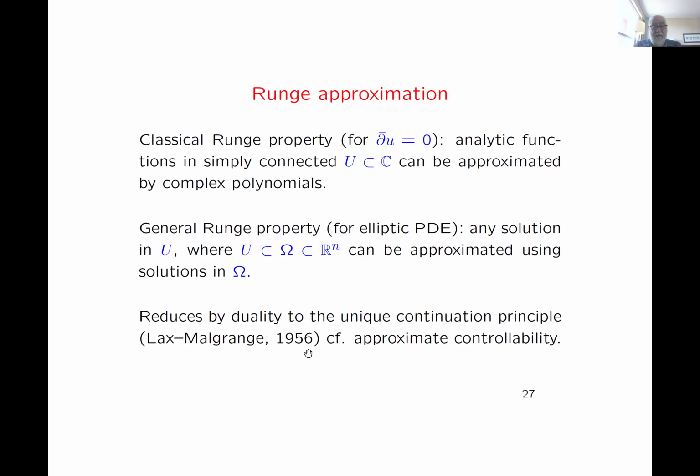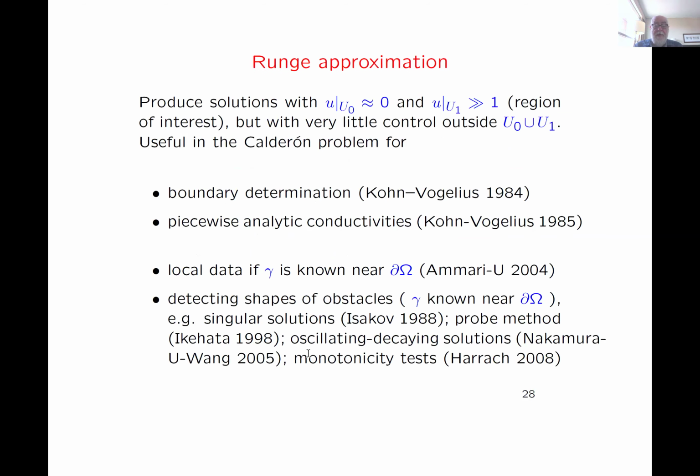Lax and Lagrange observed this in '56. The Runge approximation produces solutions which in some open subset are approximately 0, and in another one they are very large. But outside these open sets, there is very little control. That's the problem. Of course, they are useful in some cases, and this has been used for the Calderón problem